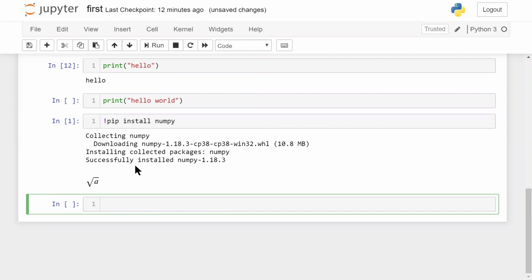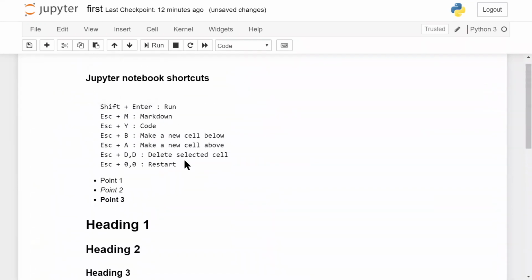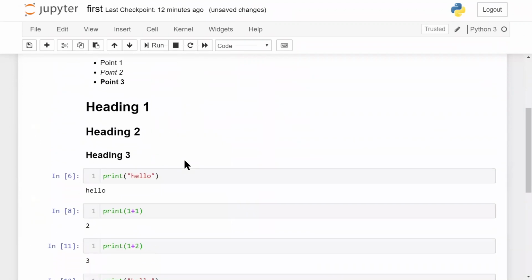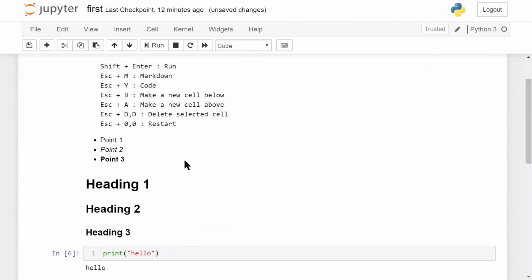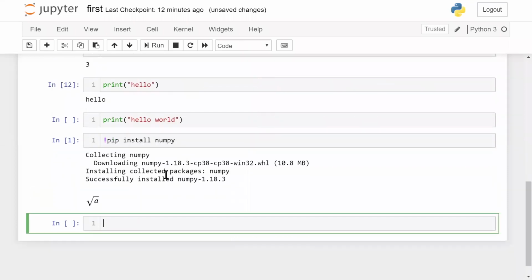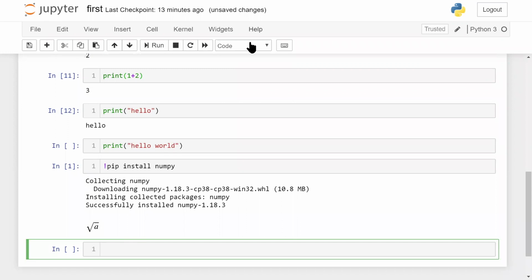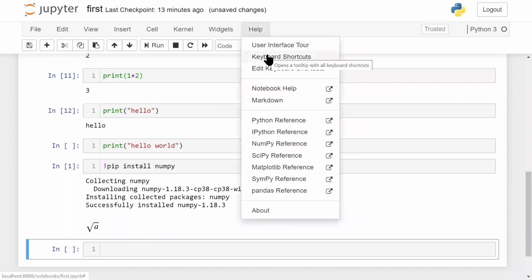So this symbol is not on my keyboard, but I can use it because it is one of the available LaTeX in this editor. So this editor, like I told you earlier, is very good to write Python code, to write some plain text, to write HTML and CSS, to draw the graph, to pull out visualization, etc., and to also write equations like this. Explore the help menu, the keyboard shortcuts, and the notebook help to get more on this editor.